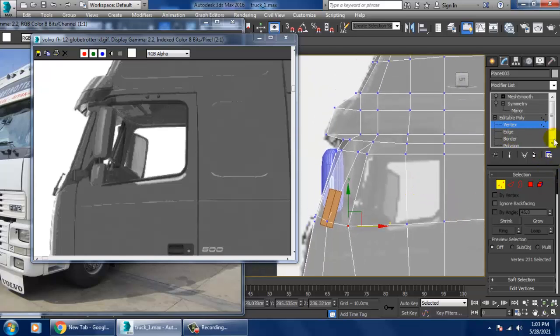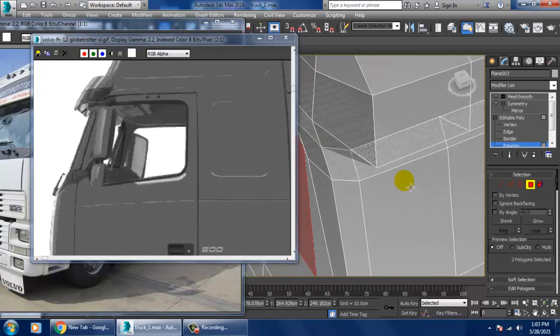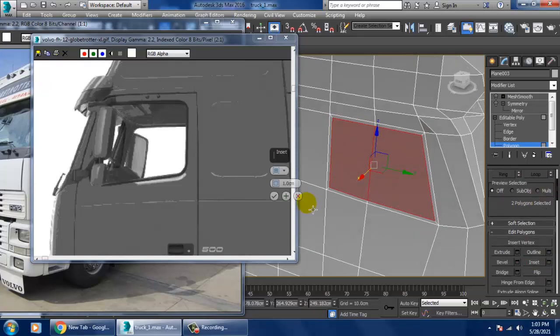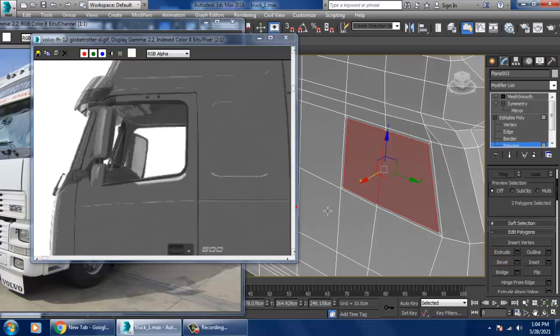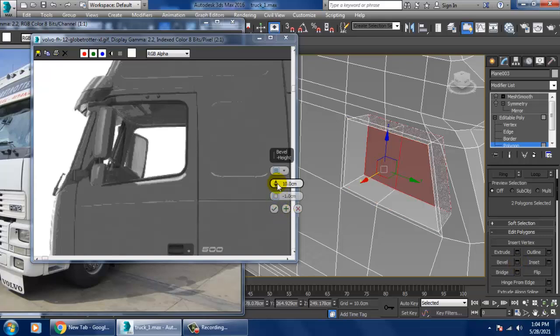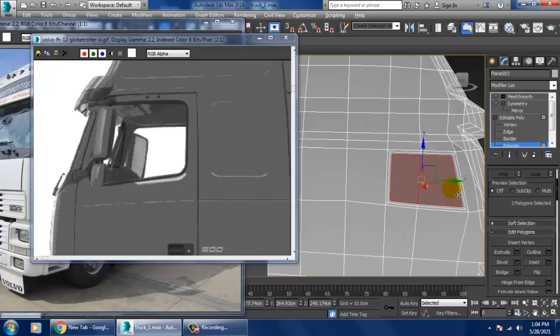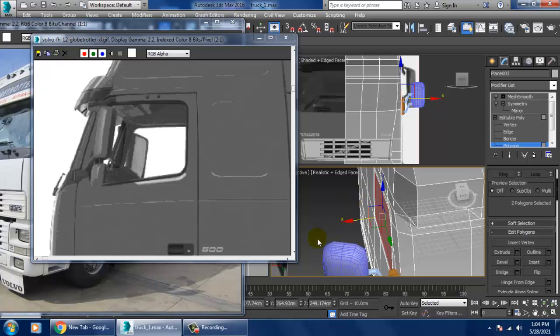Select the polygons, slightly insert them, and bevel this. With beveling, give a bit, not much. Right click and isolate this part.